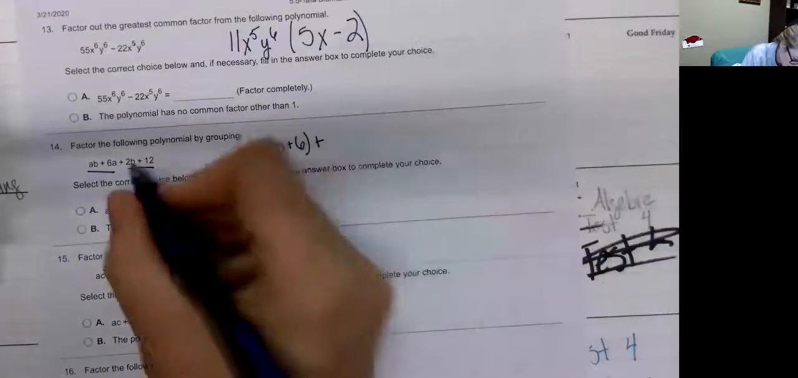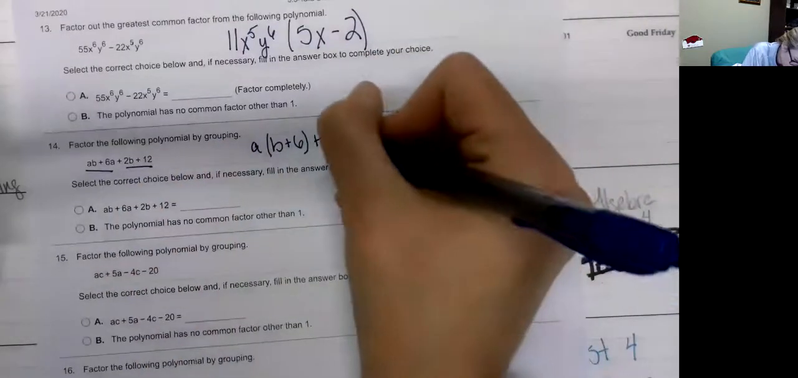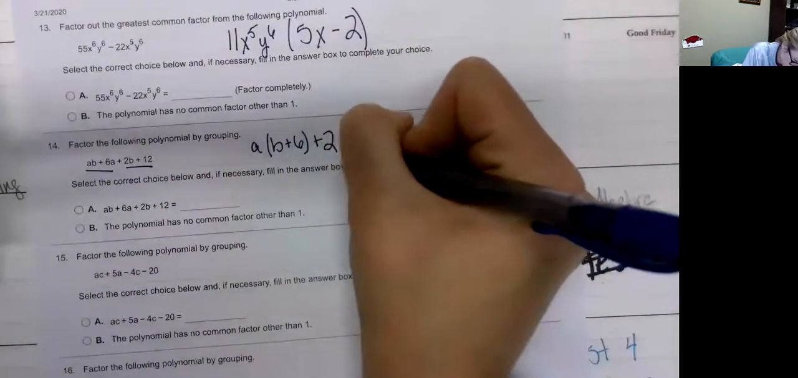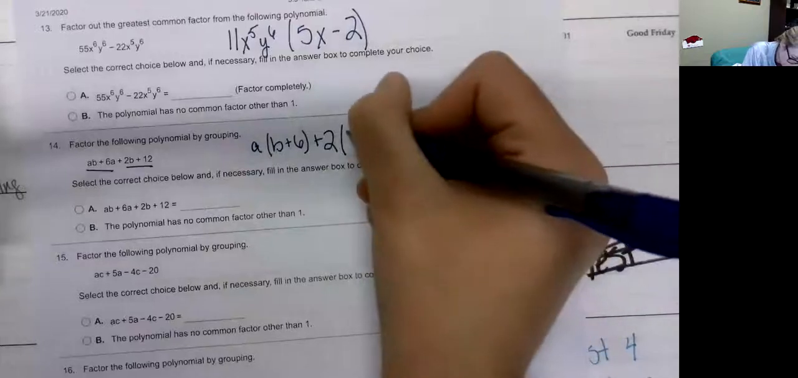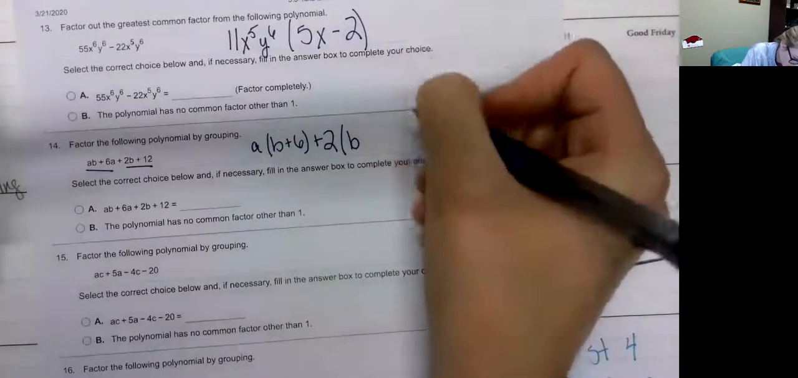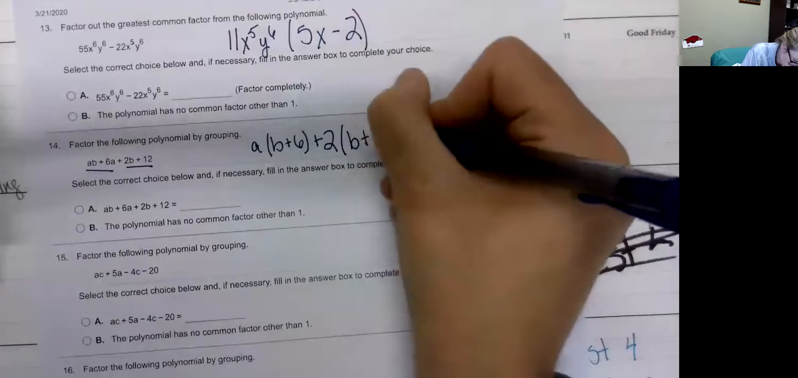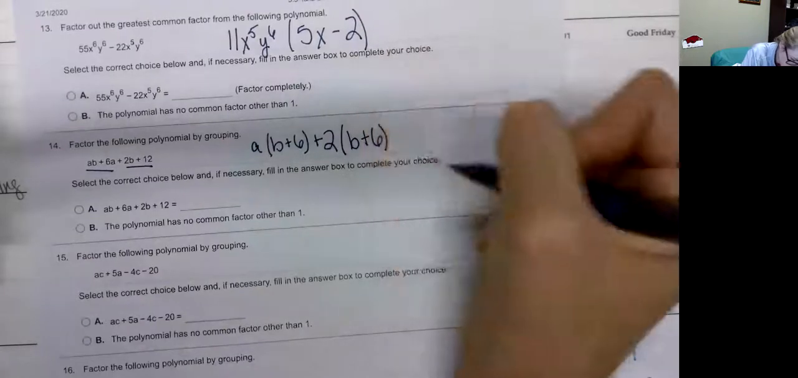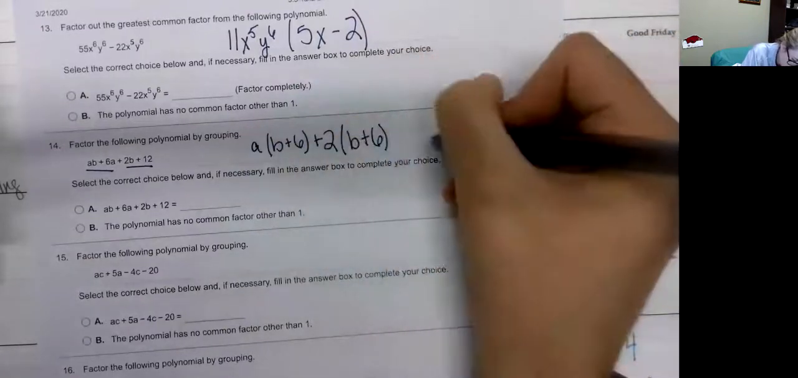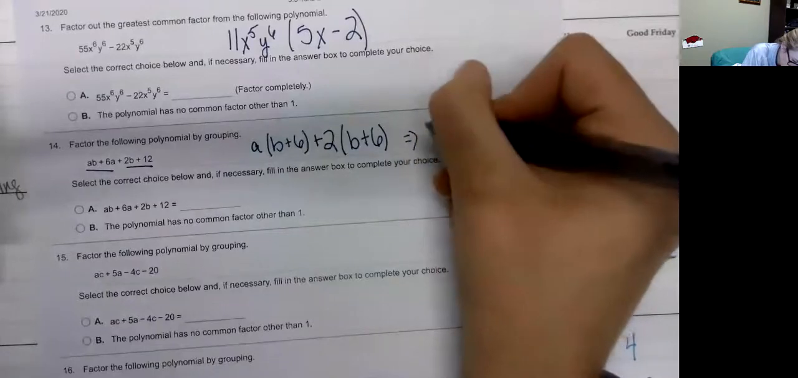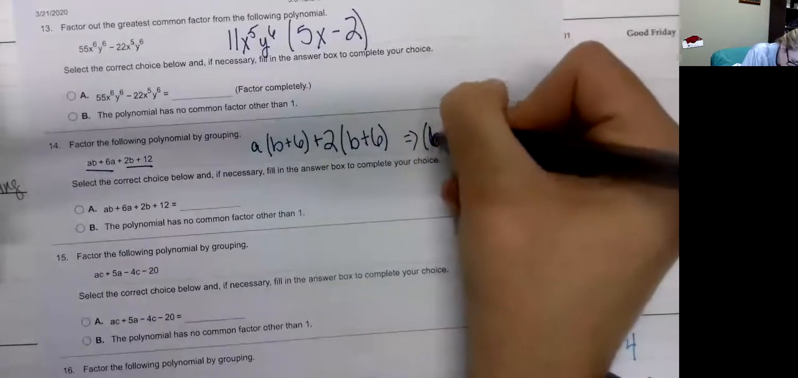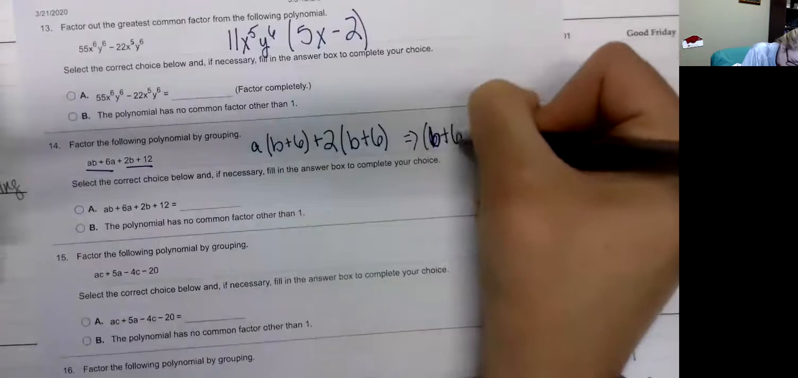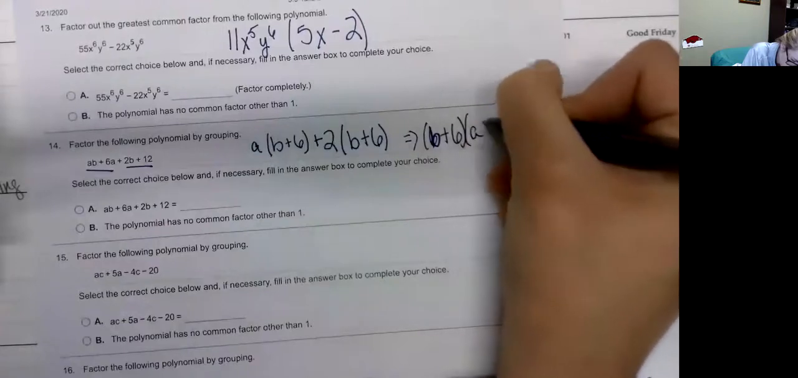Plus, what can I factor out of my second one? 2. 2B divided by 2 would be B. 12 divided by 2 would be 6. And then I'd factor these by grouping. So I'd have B plus 6 times A plus